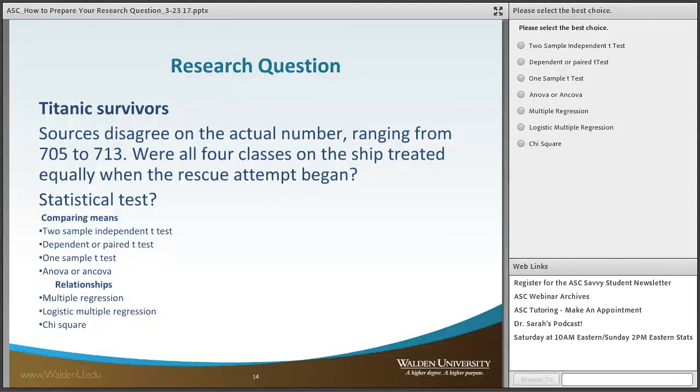What we want to do is basically see if they're independent of each other, or the other way of looking at it: was the same percentage of people in each class survive? And the only test that can do anything with such categorical data is this one, because the question would be, what class was this person in? And they were either in first, second, third, or crew. The answers there are words, therefore categorical. So absolutely chi-squared. There's basically no other choice here.